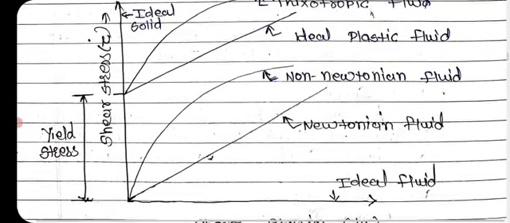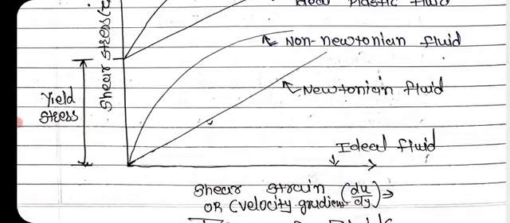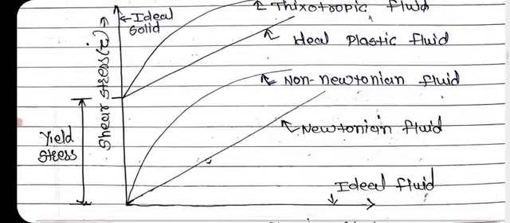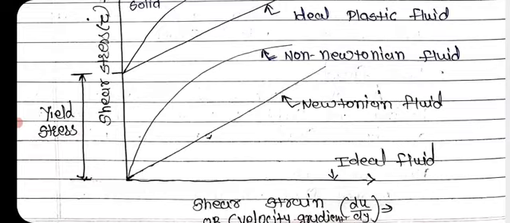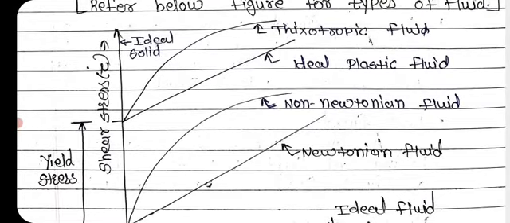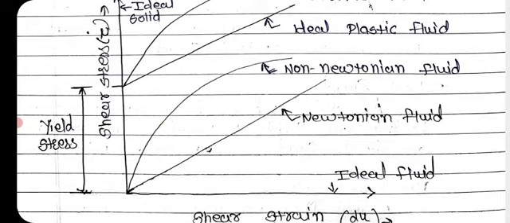Okay, so it is a graph of stress versus strain, right? Then define the fluid. So write down on the x-axis ideal fluid, on the y-axis ideal solid. A fluid having no property of fluid is known as ideal fluid, so it is on the x-axis. And again, there is no property of fluid, having shear stress value only, ideal solid. So first write down ideal fluid on the x-axis, ideal solid on the y-axis. Now let's see the